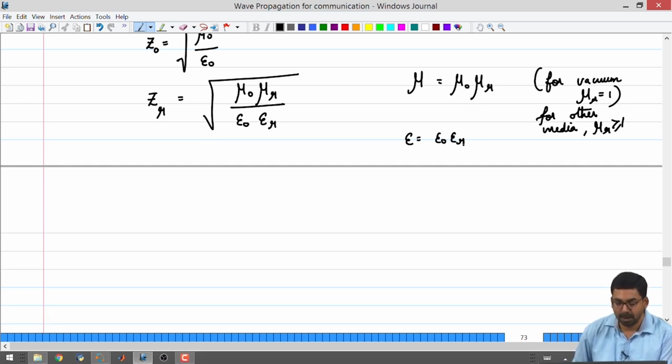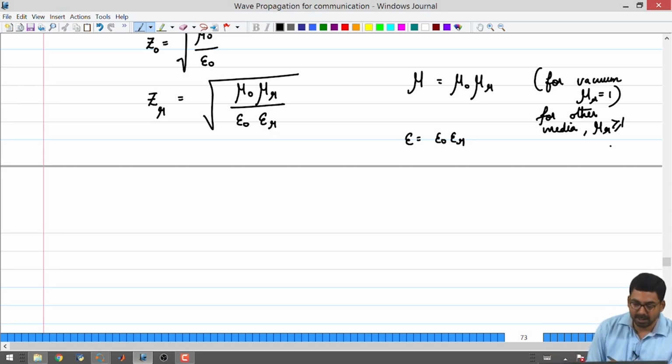In the majority of cases you will find that mu r is actually equal to 1. The material also has only vacuum permeability. It is rare that a material has permeability higher than 1 because it is magnetic, but there are such materials; the number is far lower than the dielectric materials that you can observe in nature. So, the majority of the time mu r is 1 for optical materials, or for high frequency, and epsilon r changes from medium to medium, but it can again only be greater than or equal to 1,